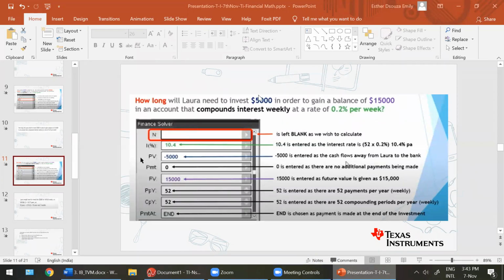And this money has moved off, the cash flow has happened out of her hands. So Laura needs to invest. So she's giving away the money. The cash flow is happening away. It's going away. So it's negative. There are no additional payments made, so it's zero. And as you can see, the balance of 15,000 exists in the account. So FV is 15,000. And payments per year is 52 because this is payments done weekly in this